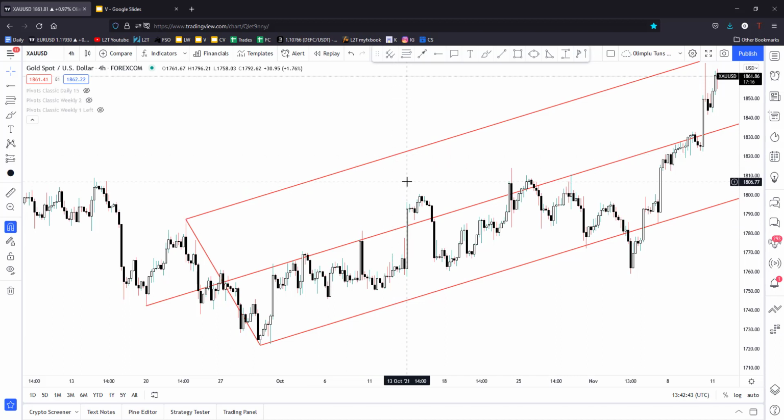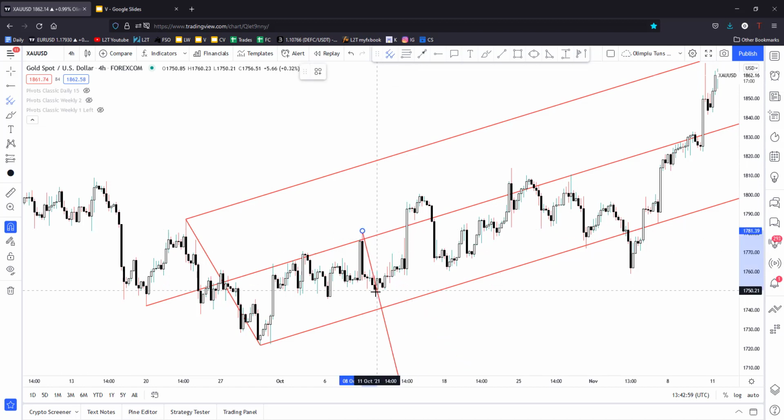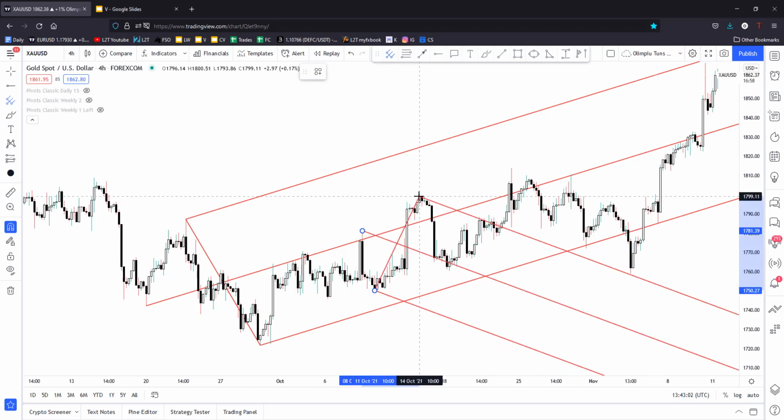And a valid breakout through a confluence area will signal a strong movement in that direction, in the breakout direction, and a false breakout through a confluence area or rejection will signal that the price will move in the opposite direction. Yeah, let's take a look if we'll also draw here a descending pitchfork,